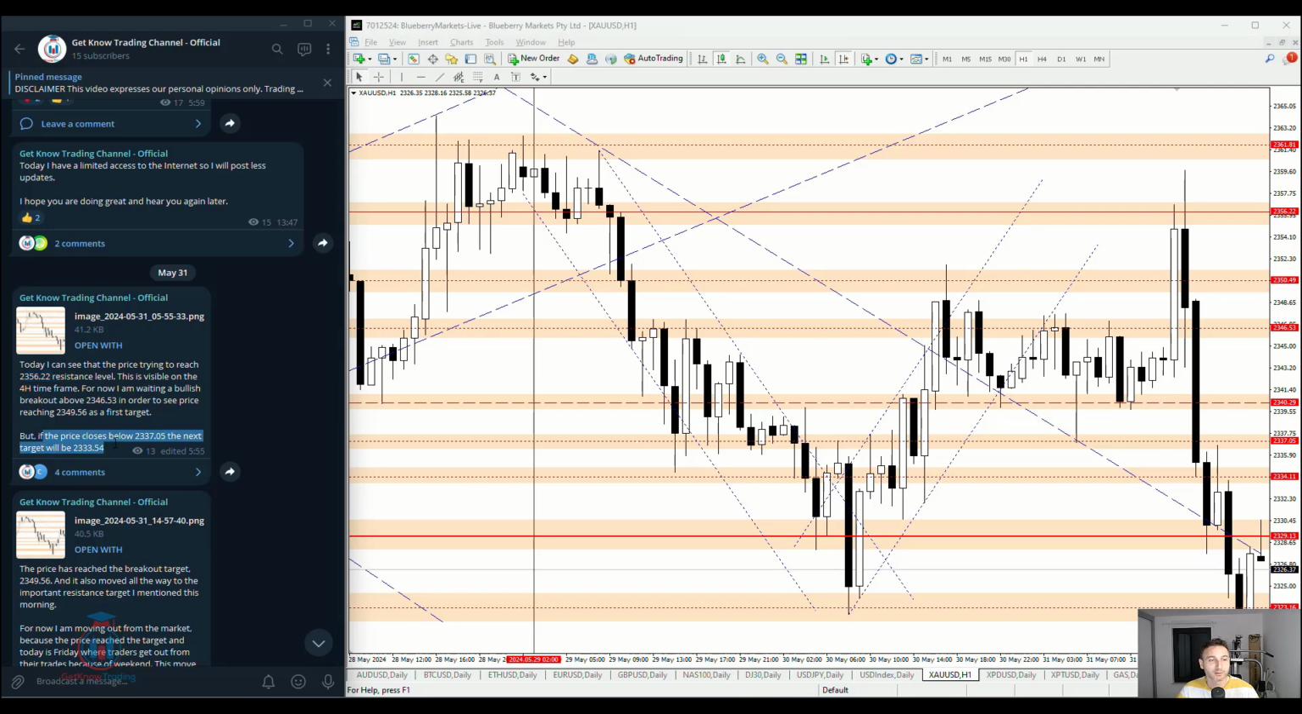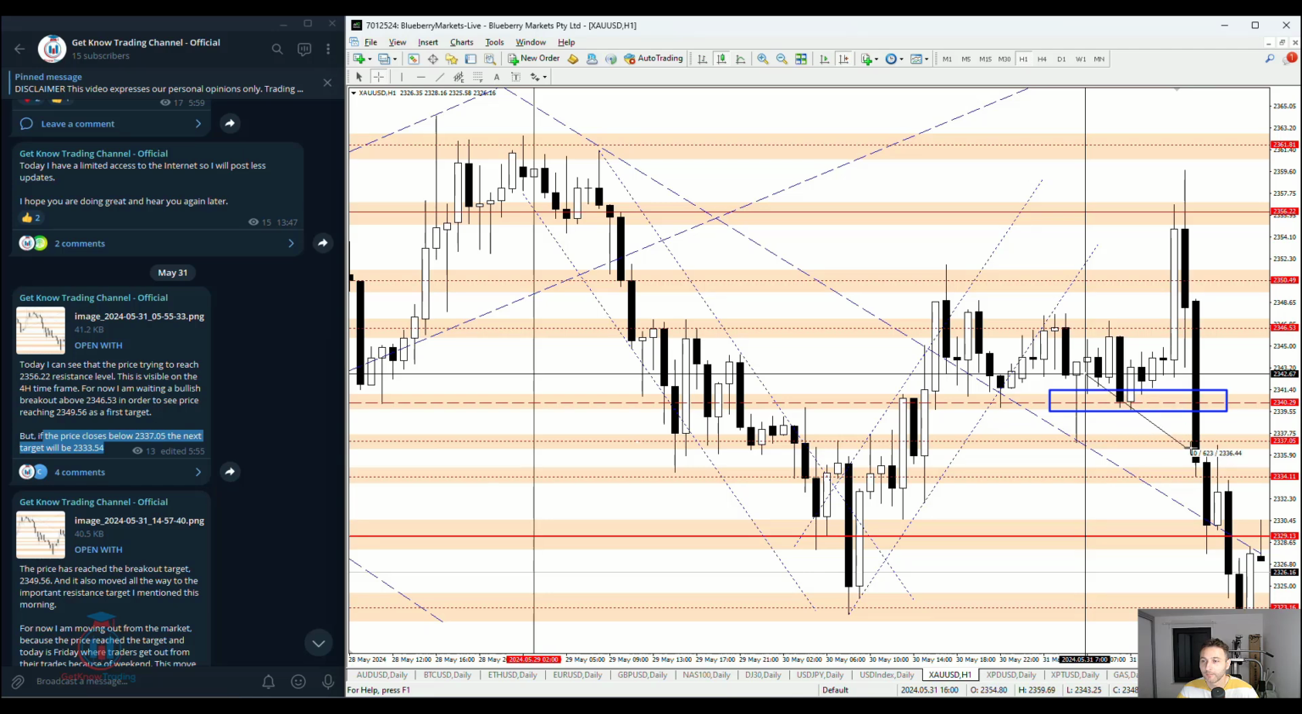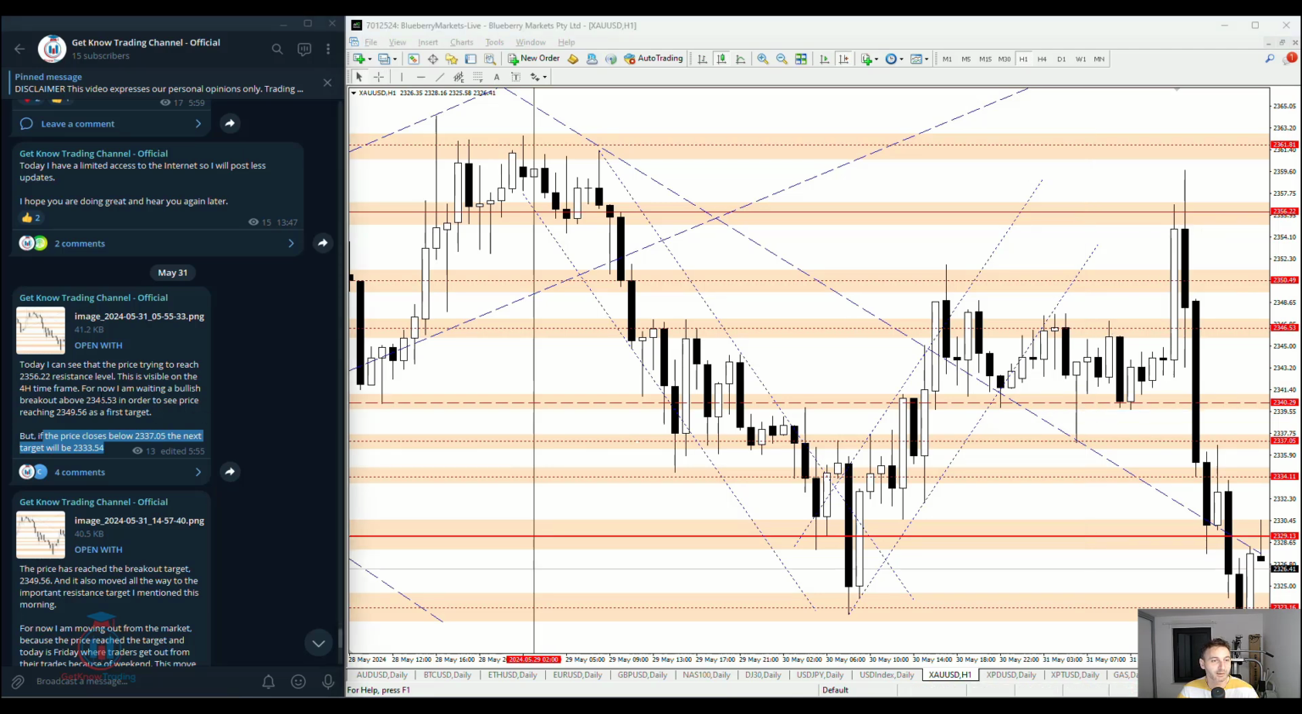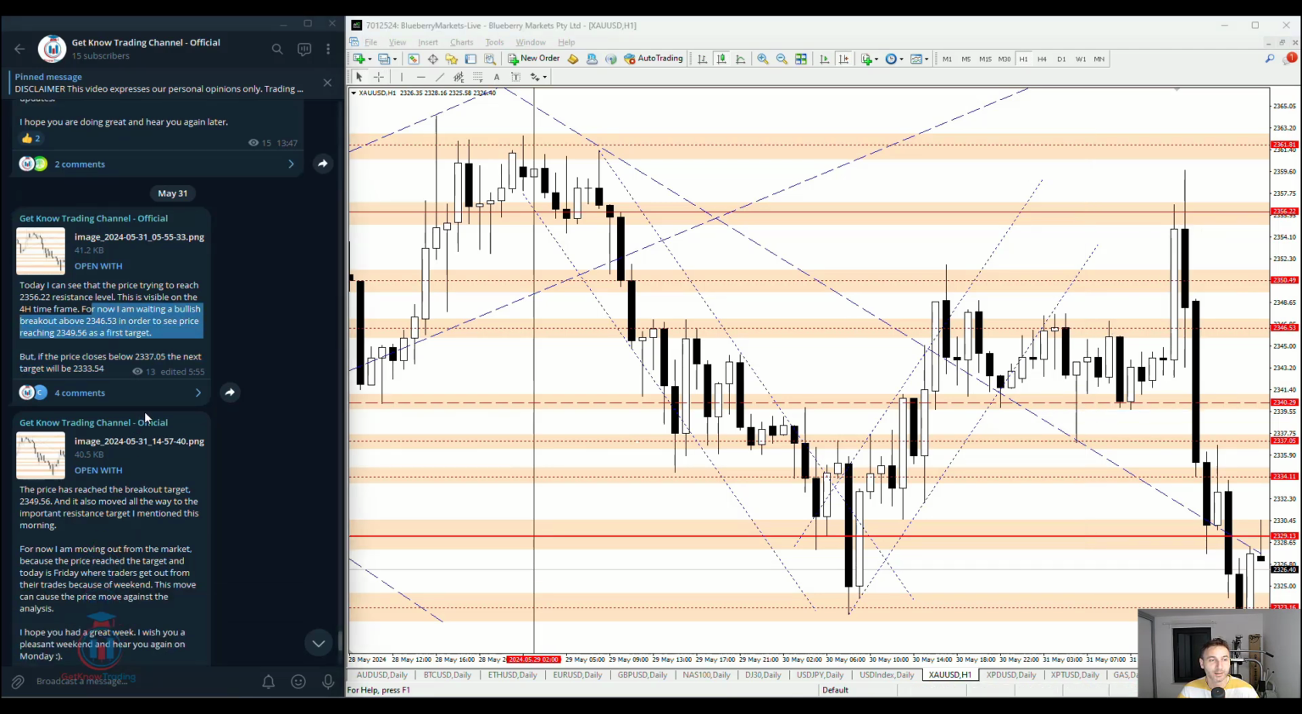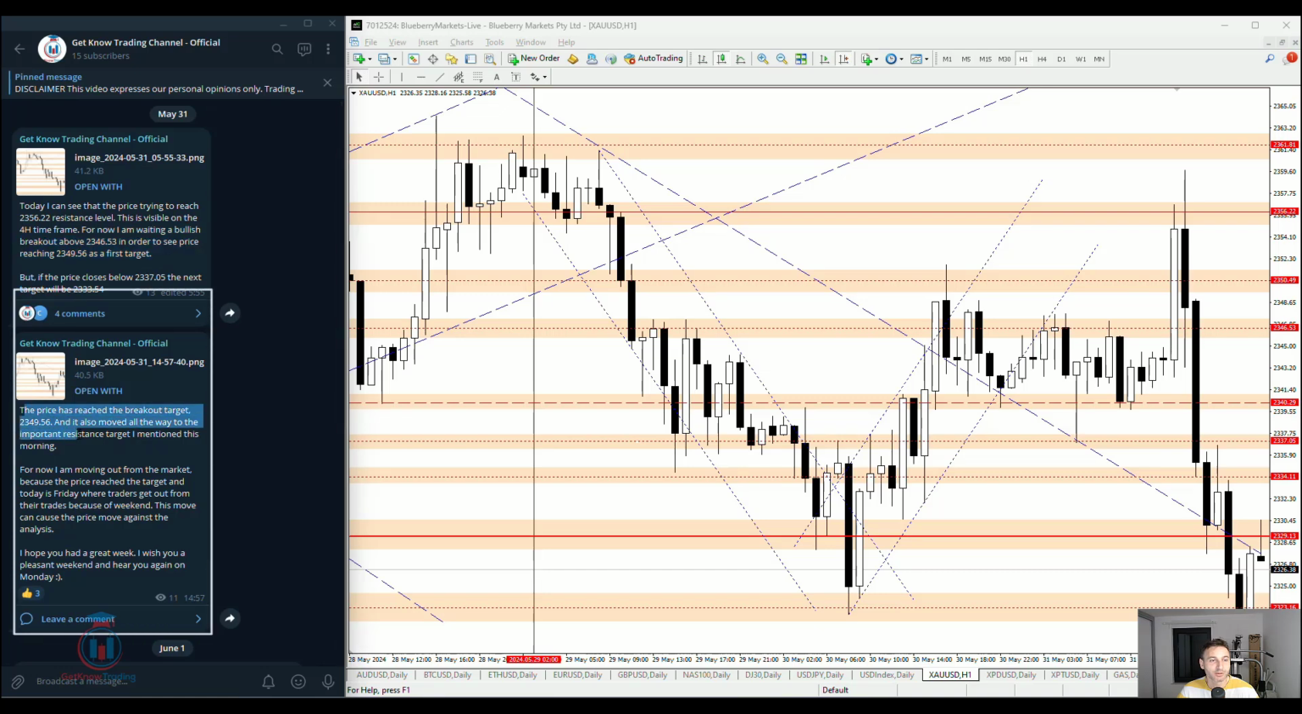But if the price closes below 2337.05, the next target will be 2333.54. In this case, we can see that the price did not make a breakout below 2337, did not go below that, but the price made a bullish breakout, which was expected here. I was waiting. Then the price reached its breakout target